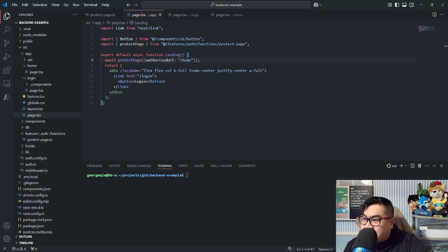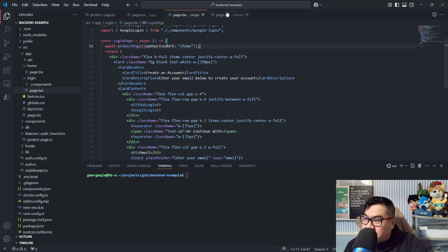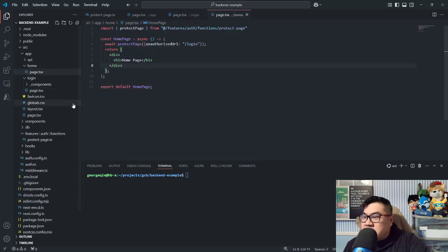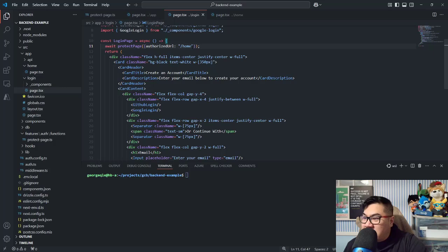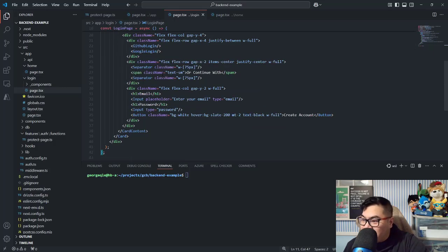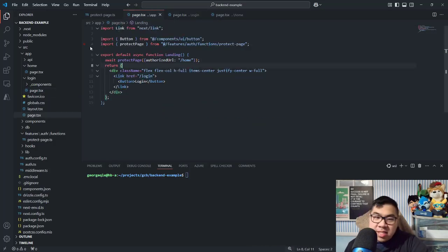But in this case, you can see, and let me just do this in order, right? You have this app, you hit the login, you go to login, right? You use either your Google or your GitHub login, you get to the home page. If I was unauthorized and I made it to the home page, well, I'm not supposed to be there. Before I render anything, I trigger this protect page that I'm unauthorized, and then that will navigate me over to login, right? And since I don't have an unauthorized URL here, I don't go anywhere, and I can try to log in. And if I am authorized, this is the opposite example, and I make it onto the landing page,